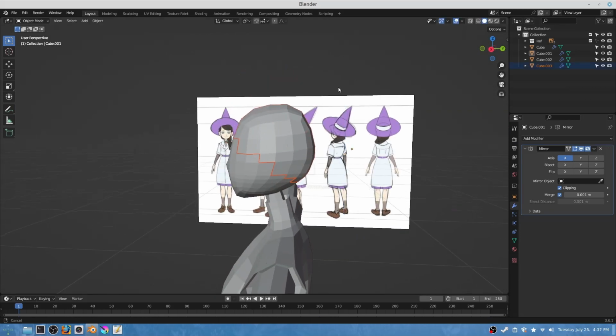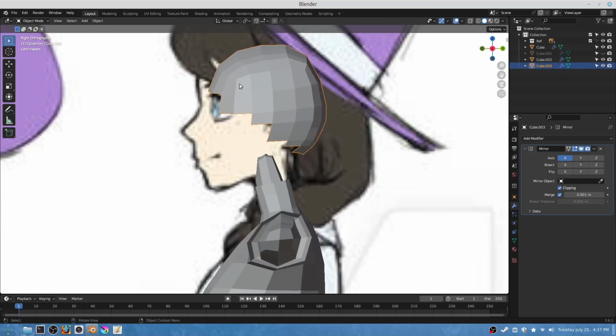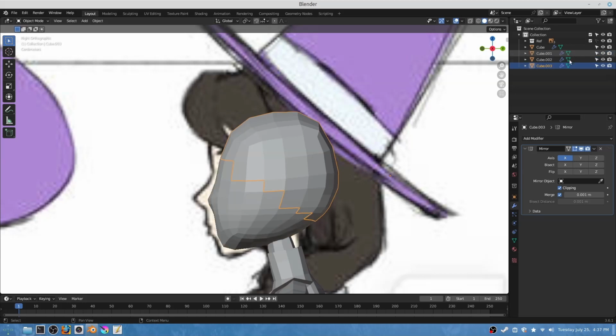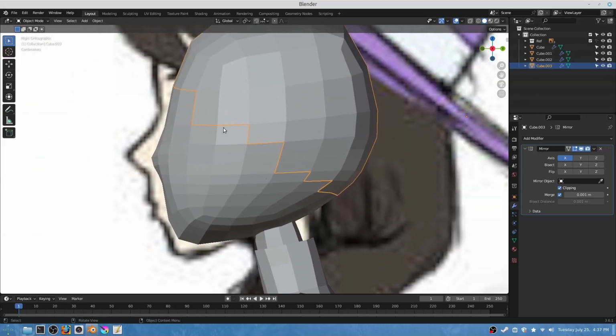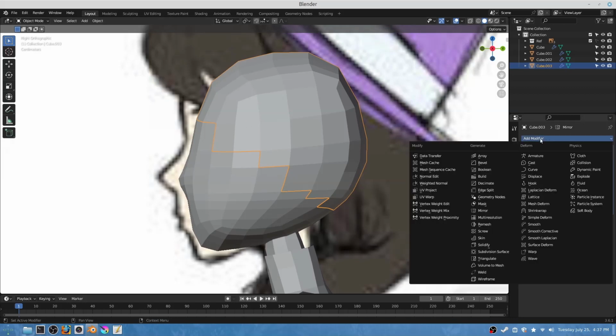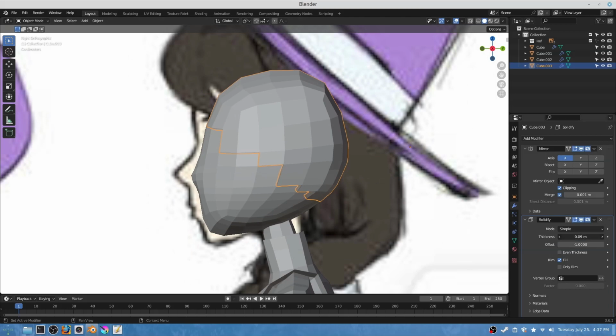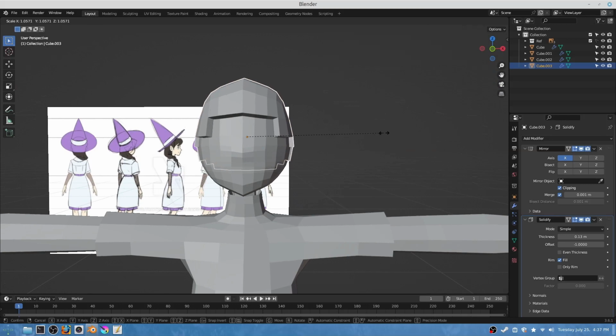So what we can do is hide our head. Actually, we don't need to hide the head, but what we'll do is go under modifiers and then click on solidify, and then we will just add thickness to our hair. So as you can see,